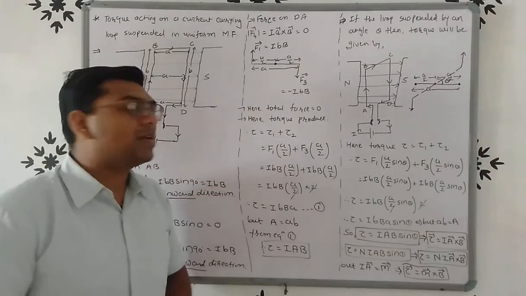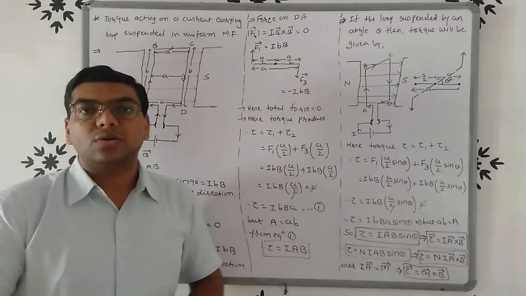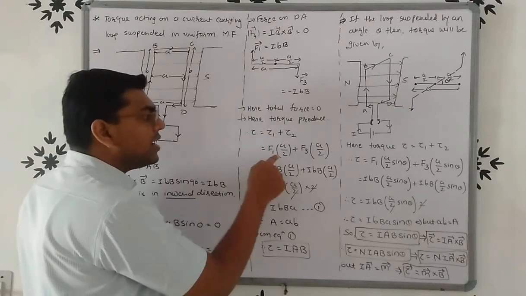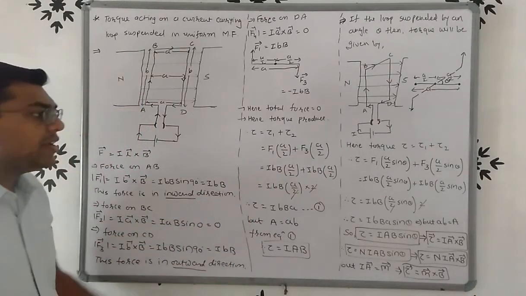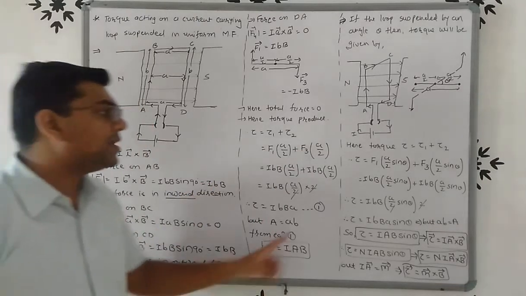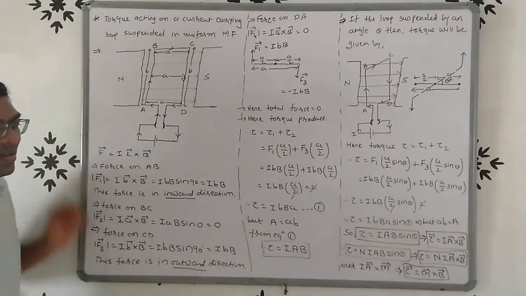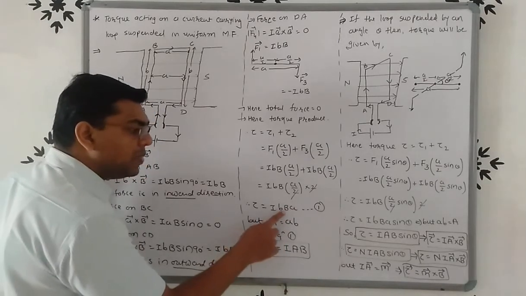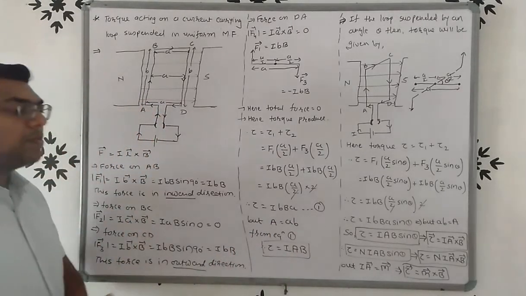So tau is equal to tau 1 plus tau 2. Tau 1 is due to force F1 and tau 2 is the torque due to force F3. So tau 1 is F1 and distance a by 2. Tau 2 due to force F3, so F3 into a by 2. Here we consider the magnitude of F1, I b B into a by 2, F3, I b B into a by 2. So here the 2 cancel. So tau is equal to I b B into a. But area is equal to length into breadth. So instead of a into b, we can write capital A. So tau is equal to I A B.